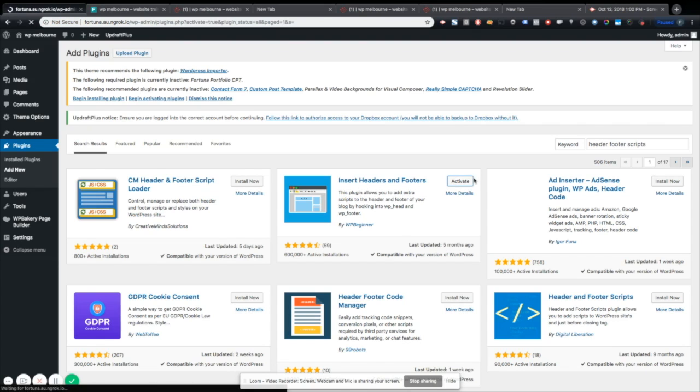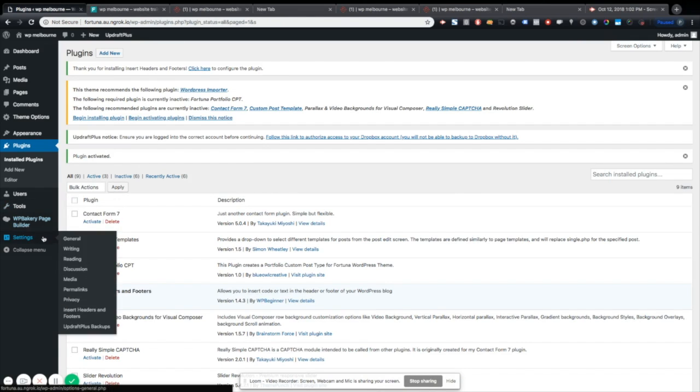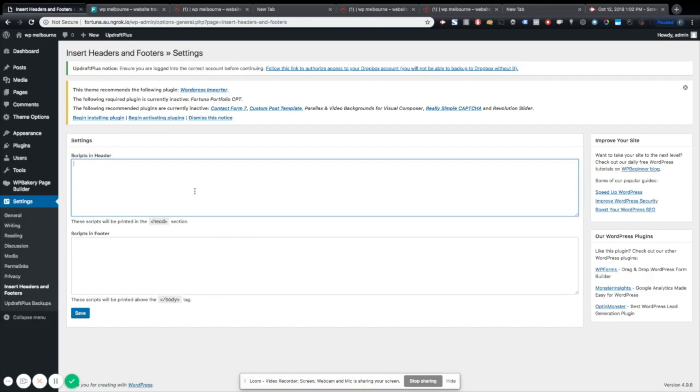Now I'm just activating here. Okay, great, that's activated. So what that does is add an extra headers and footers option here. Now I can simply just copy and paste my Google Analytics script or my Hotjar script directly into here and click save, and this will work, providing you've copied the header and footer script